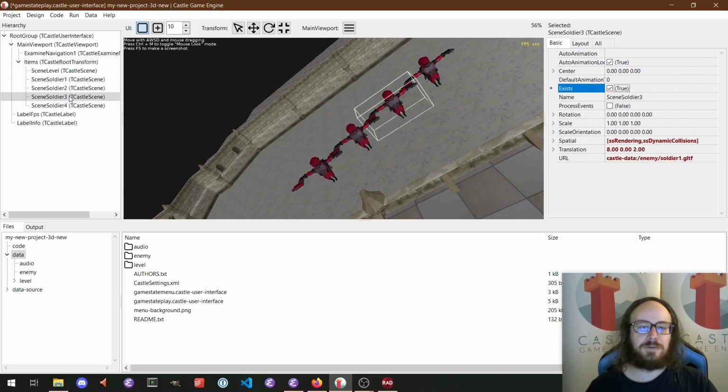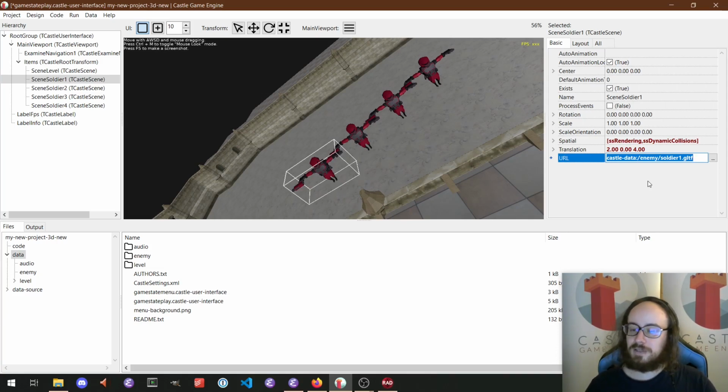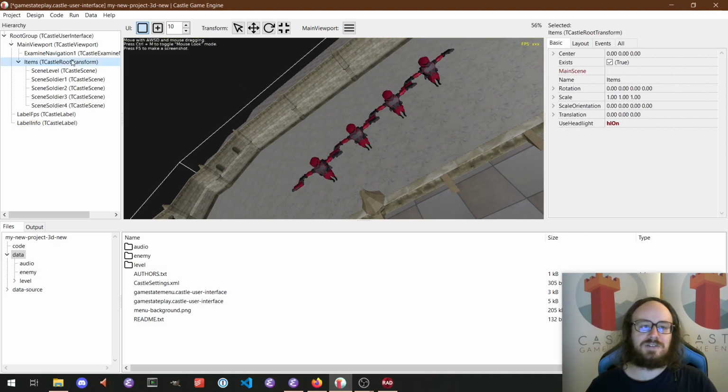And yeah, so we have 4 soldiers, and we can move them, manipulate them, change their properties. On the right side, you have what you would expect. I mean, the properties. It's an object inspector, you know it from Delphi. And as you expect, also knowing it from Delphi, everything I showed here, the castle scene, the castle